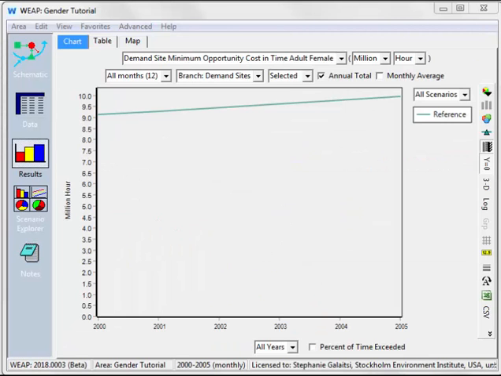And here we can see that the minimum opportunity cost and time for women in this demand site is over 9 million hours per year. And it grows over time as the population in the demand site grows. This is the equivalent to a year of work for 5,000 women each year. Similarly,